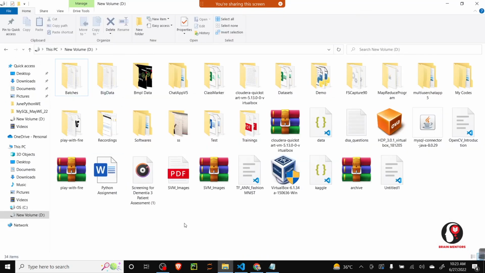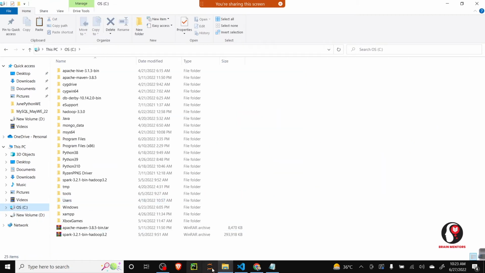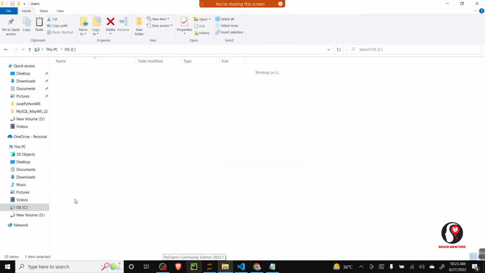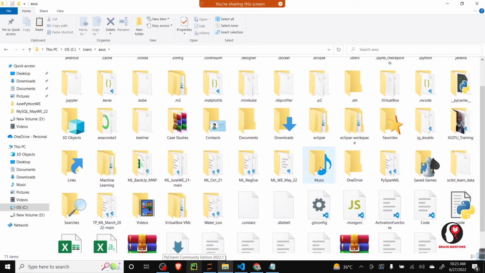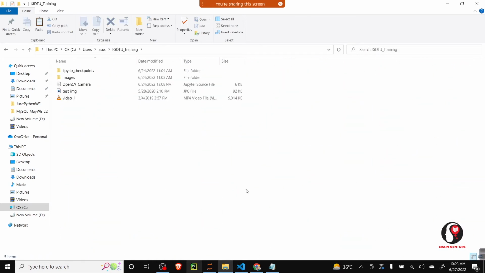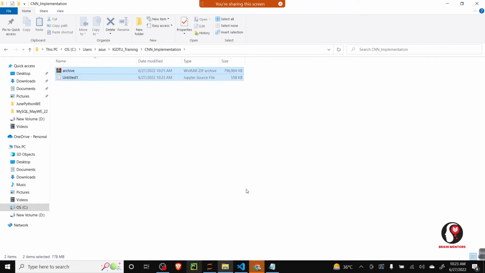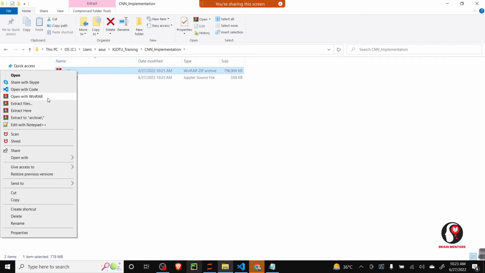And from my directory, I'll cut these two things, start the Jupyter notebook, and put both of them in a new directory, CNN implementation, paste here. Now extract the data here,